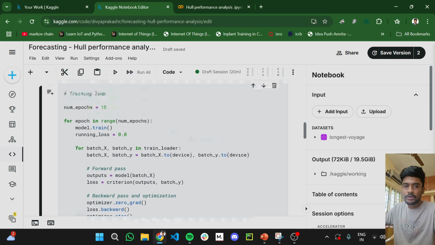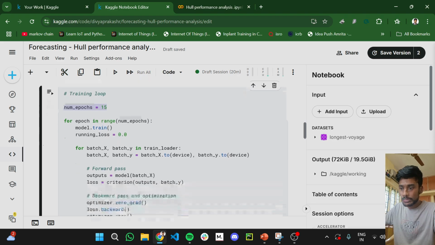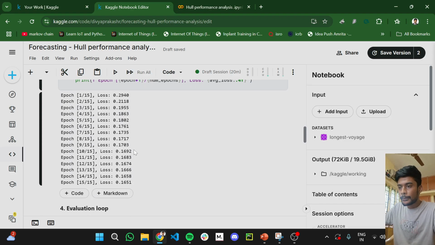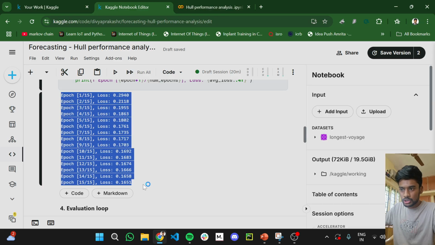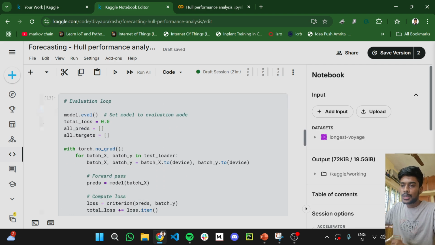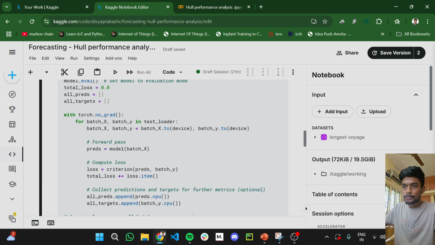So this will run for the number of epochs we choose. I've chosen 15 epochs, and I'm just training the model. And this was the loss trend I got. It was gradually decreasing, it was good, it was fine. And then I did my predictions, and I got a test loss of 0.064. So the same process,